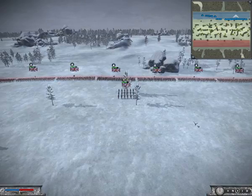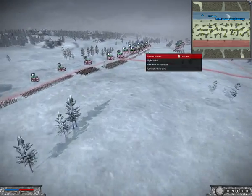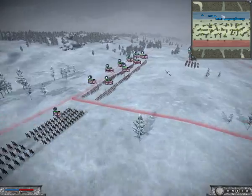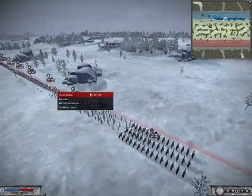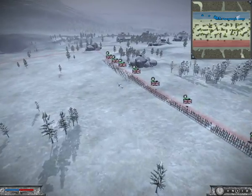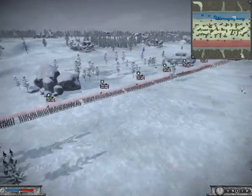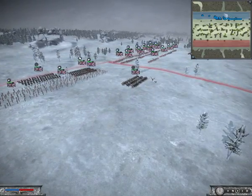In this particular one, it's going to be me and once again my friend Jimmy, who's over there, and we are both going to be playing as Great Britain, and we're going to be going against two French players, who you'll see. And yes, we are in TeamSpeak again, so we have full coordination, and our first instinct is to kind of combine and get close to each other, so that way we can be a